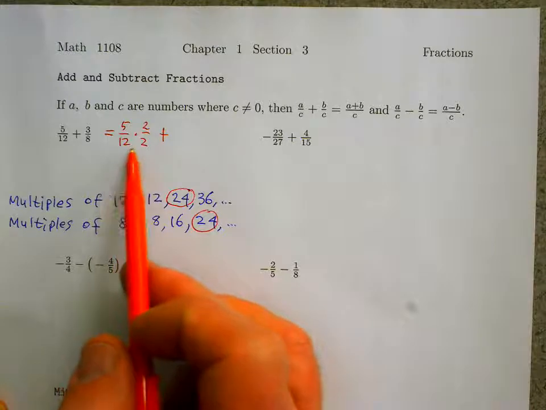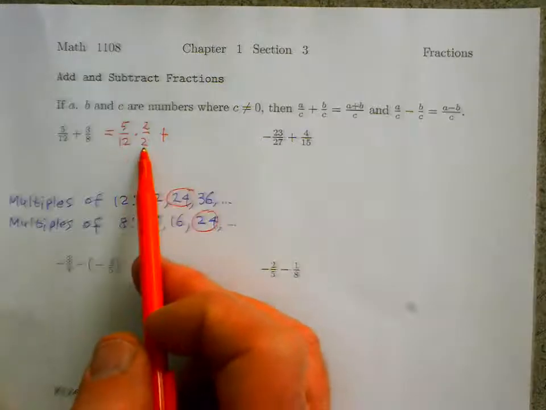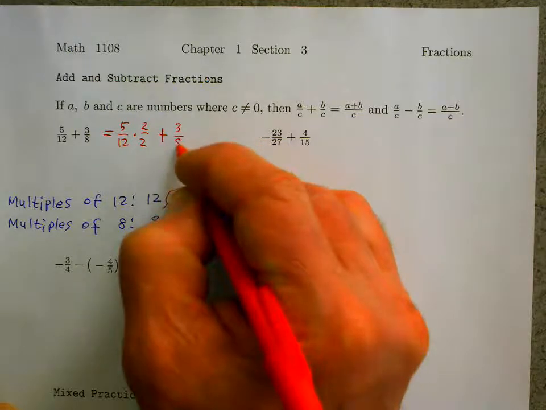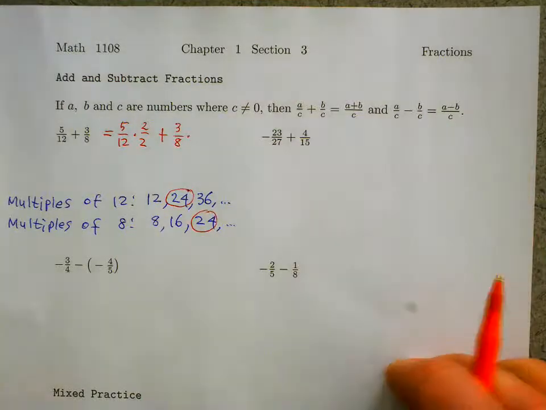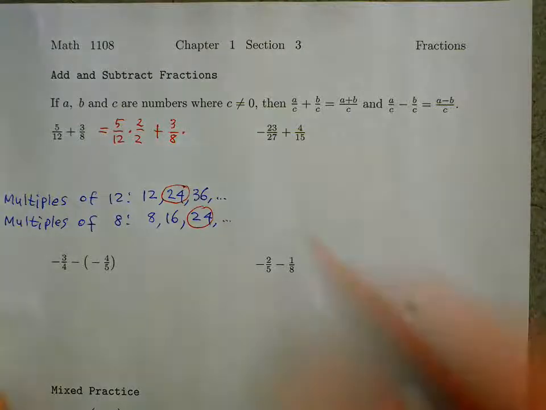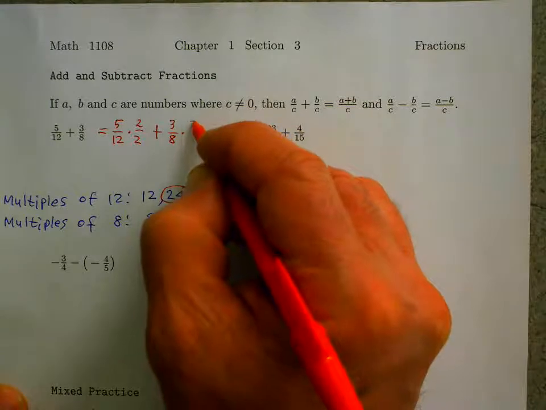So this is just an intermediate stage. Let's work on the fraction 3/8. So we ask, what would I have to multiply 8 by to get 24? If I multiply 8 times 3, I get 24. So if I multiply by 1 in the form 3 over 3,